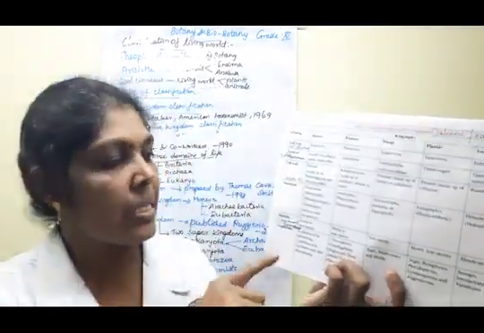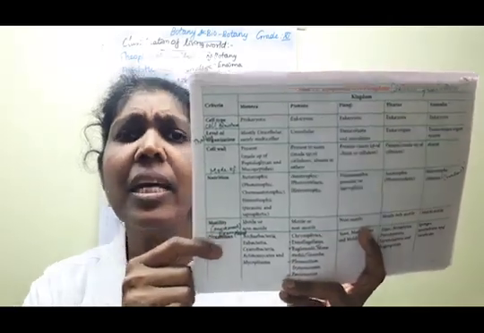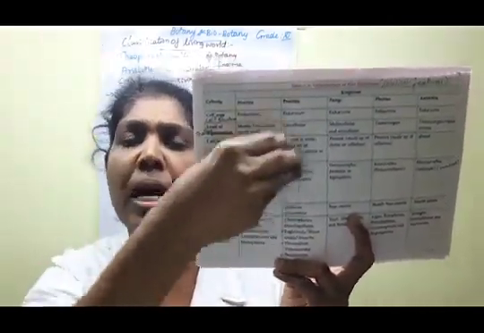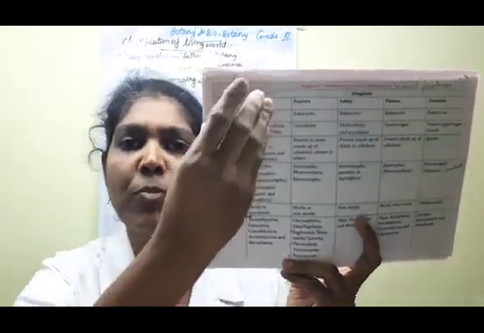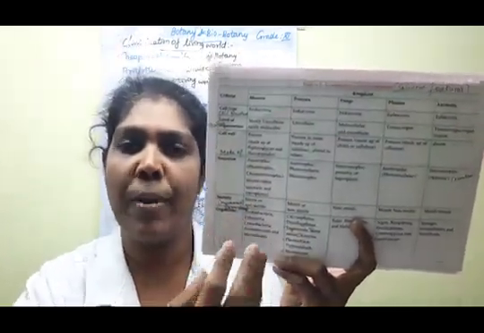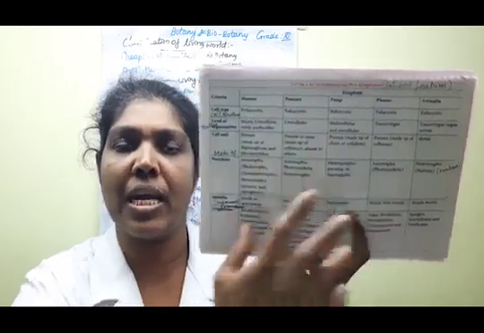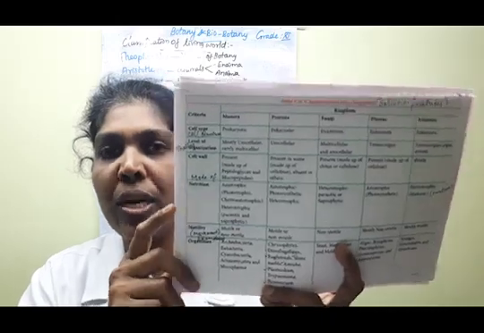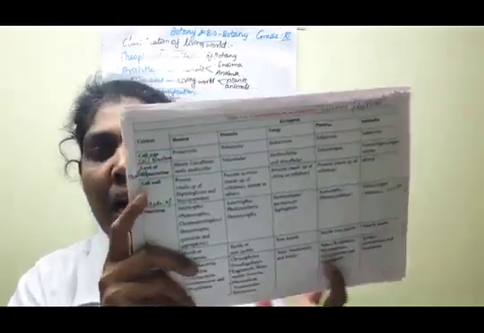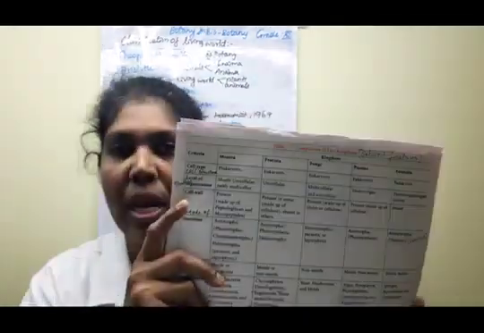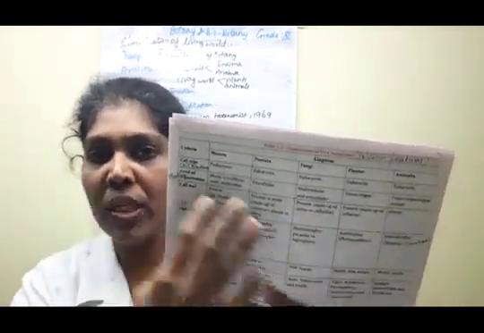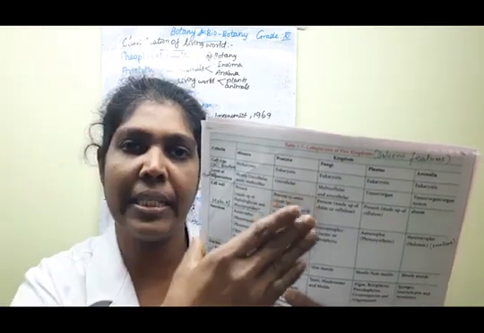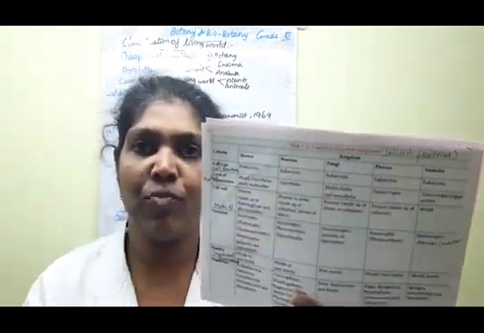The next one, finally, they give certain examples of these particular kingdoms. Suppose Monera, what examples come, and Protista. Like that, they are given in the tabular column. Clear children? Just refer, read it and you will understand all this concept. You are already familiar with all these words, which characteristic features they place under each kingdom.